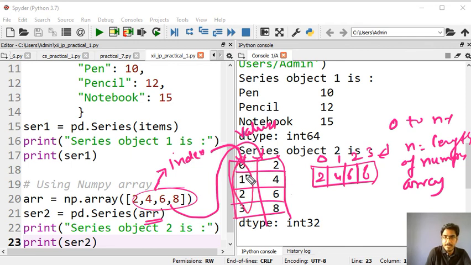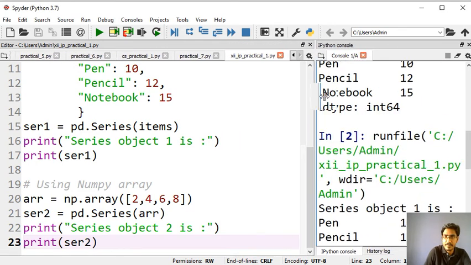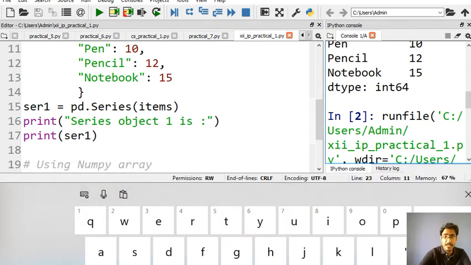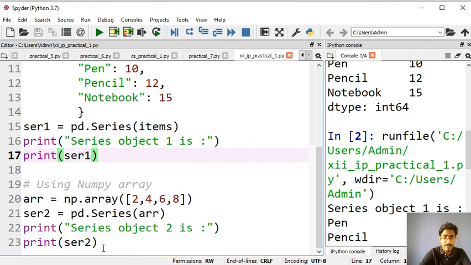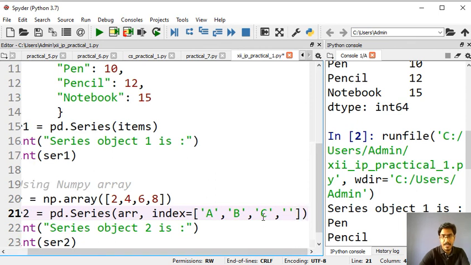If you want to change these index values to a b c d, what do you need to do? You need to pass index equals to whatever you want. Let me show you by passing index equals a, b, c and then d.